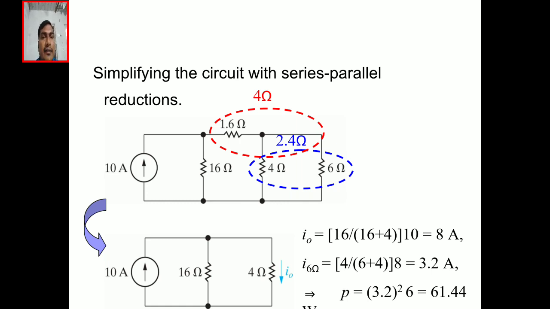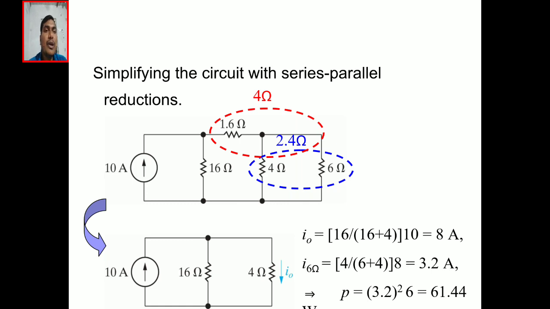So I naught is equal to the total current. I know the current division rule. So what is the current division rule? Total current, that is 10, into the opposite resistance. So I need to find current through the 4 ohms branch. Opposite to it is 16 ohms, by 16 plus 4. That gives the current through the 4 ohms branch, that is 8 amps. Okay, I know that the current at the 1.6 ohms, that is the total combination of the 4 ohms, gives the current, that is 8 amps.